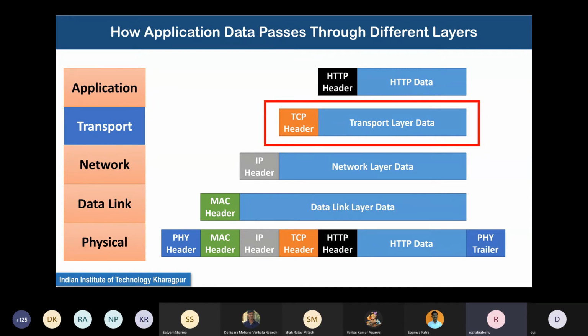Similarly, there is a TCP header, which we will come to know of during our study of this topic. There is an IP header, and there will be a MAC header for the data link layer frames, which also we will come to know of. Not all parameters of these headers are equally important.